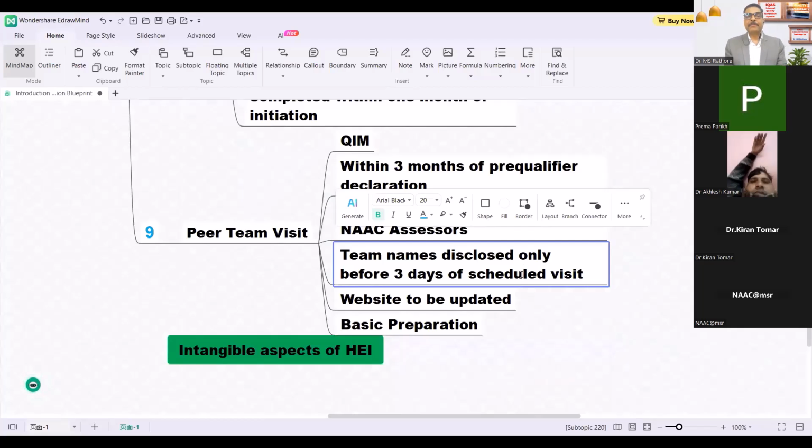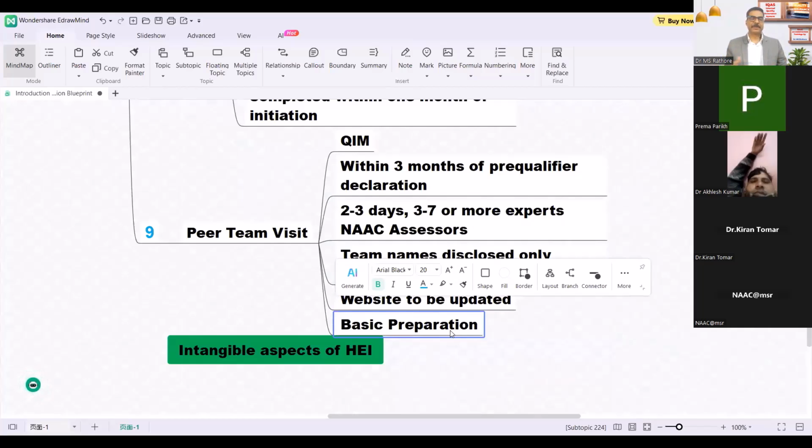Then before the peer team visits your institution, what you have to do is update your website. There should be basic preparation like beautification of the campus, and all the website documents uploaded and updated, data documents, so that when the team is coming to our institution, all these things have been done. And once this is there, the NAAC grade is based on this peer team